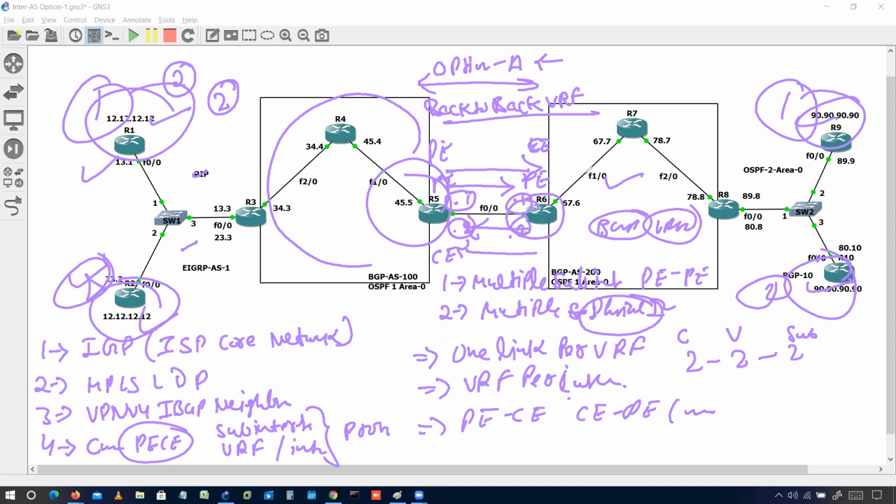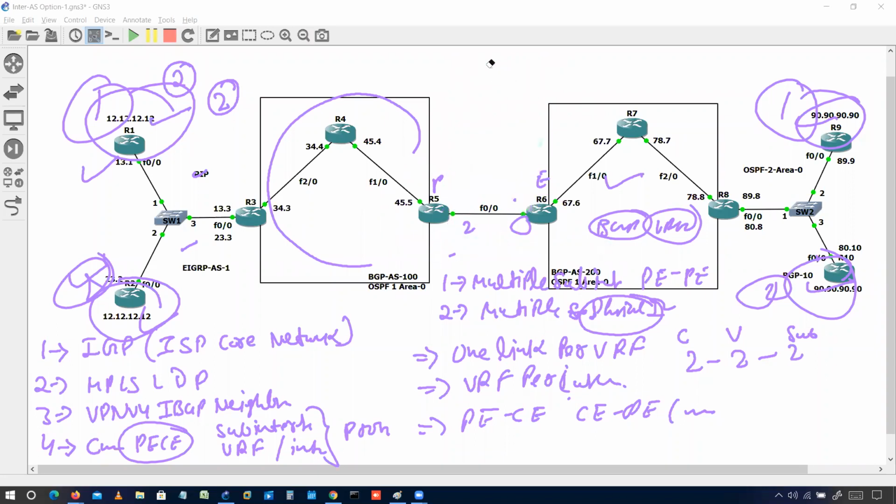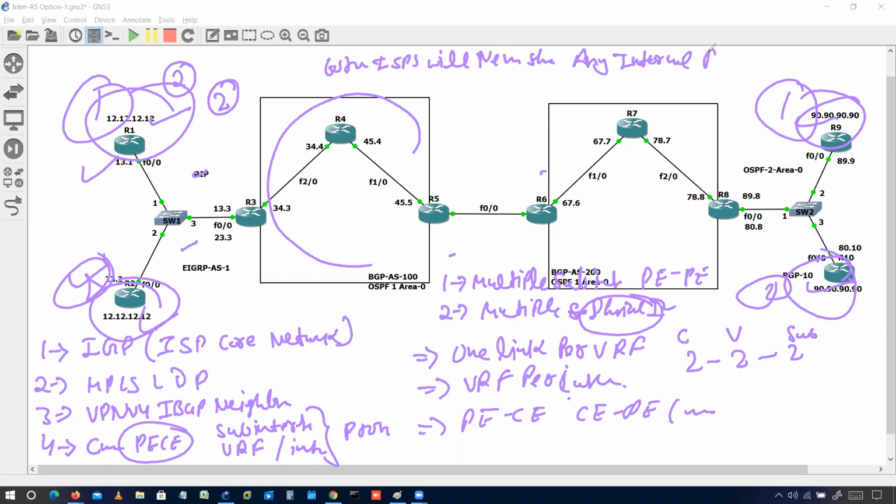Next. Till this point we have done everything. And one more thing here: once we use the back-to-back VRF solution, first of all, both ISPs will never share any internal routing protocols, or routes, I'm saying.